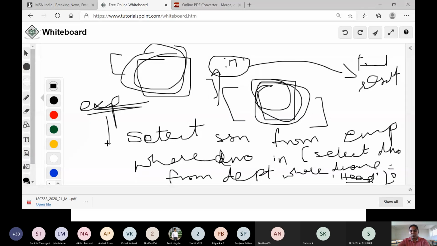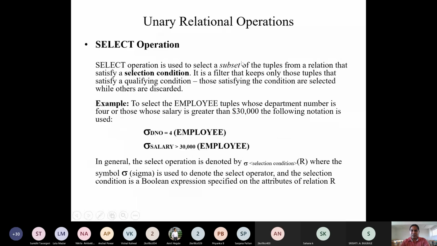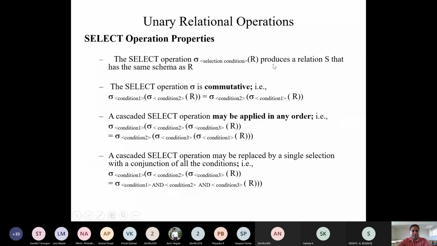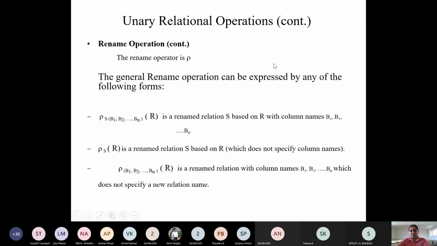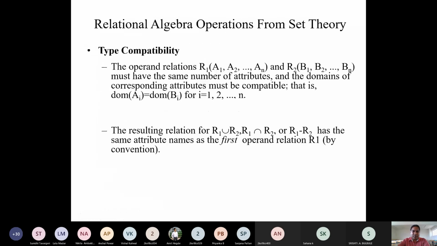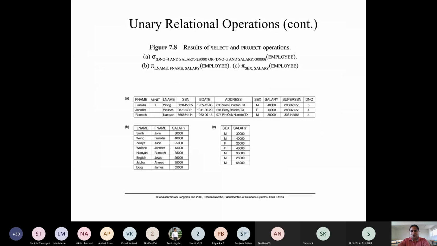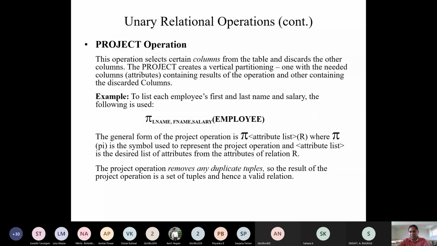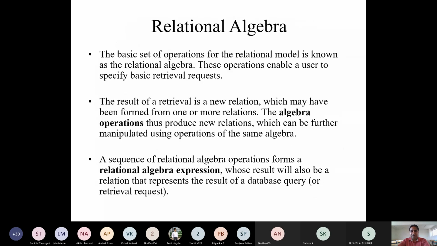In order to understand these expressions, we need to know relational operations. That we will see from the next class. We have unary relational operations, binary relational operations, and so on. The most important topics are the relational operations. That is very important for your career.